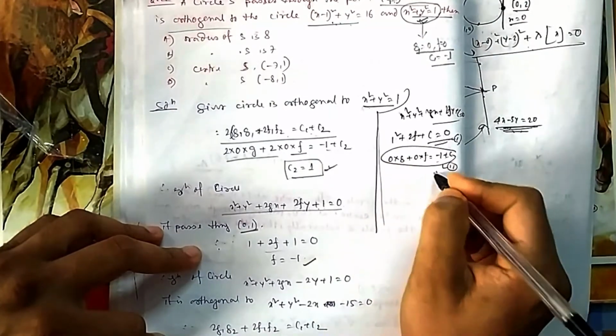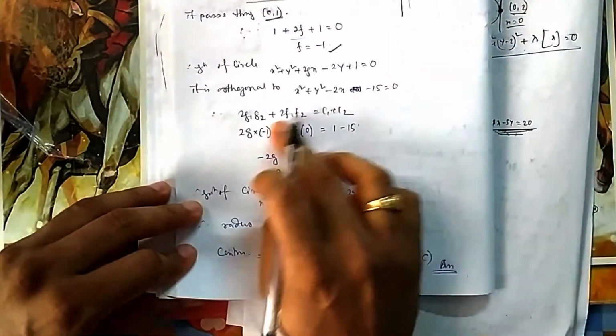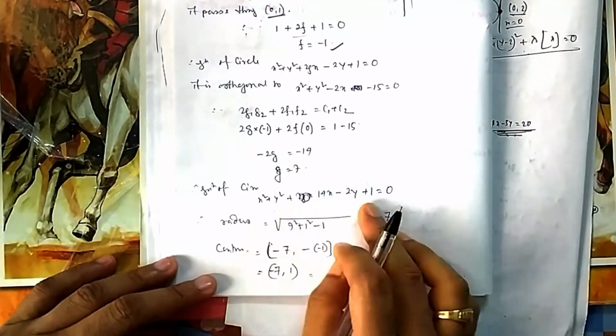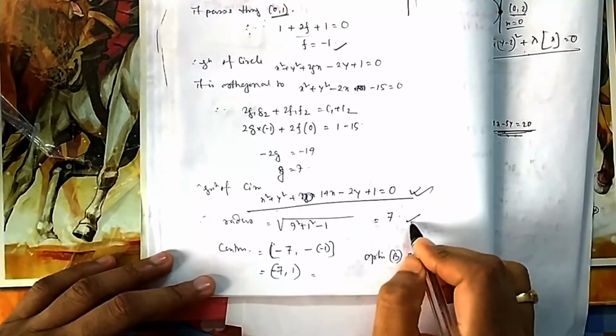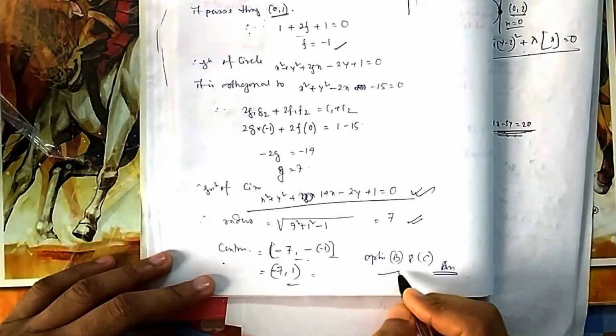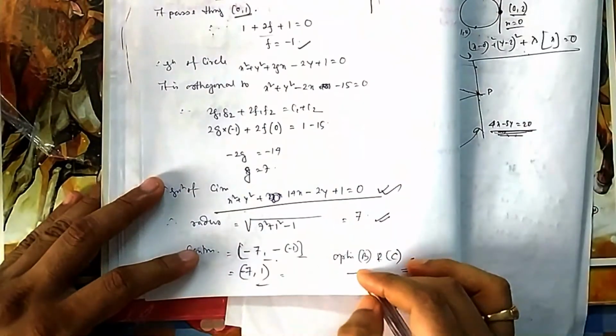You can see c you can find, f you can find, you put it in the third one. So for the third one you need to expand this one. Again g is here, you put it there. You will get g from the third equation. So you put all these things, so your circle is becoming this. Once you know the circle, your radius you know, square root of g square plus f square minus c, and your center is minus g, minus f. So you have two options, one with center, one with radius. So multiple corrects, options B and C are correct.